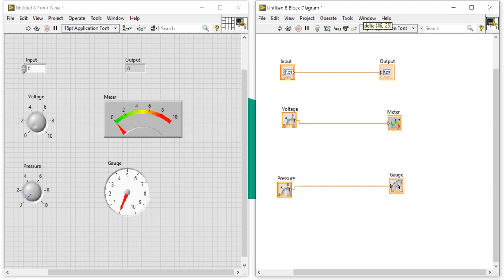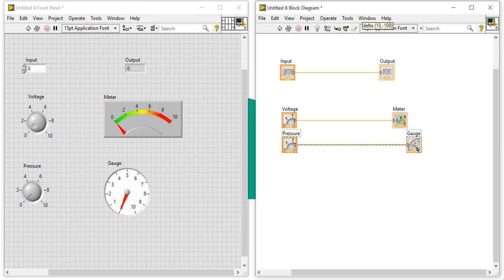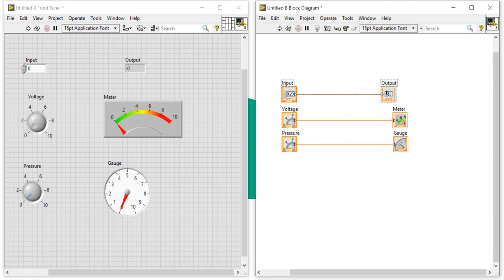If you want to design your front panel analogous to your system, you have one real-time hardware and you want to display your front panel the same as the system, so you can use this platform, you can use this different logic.